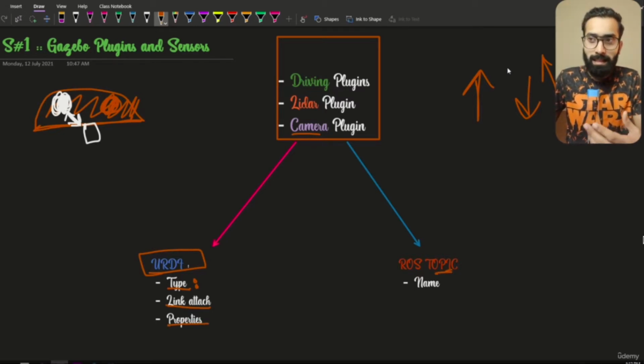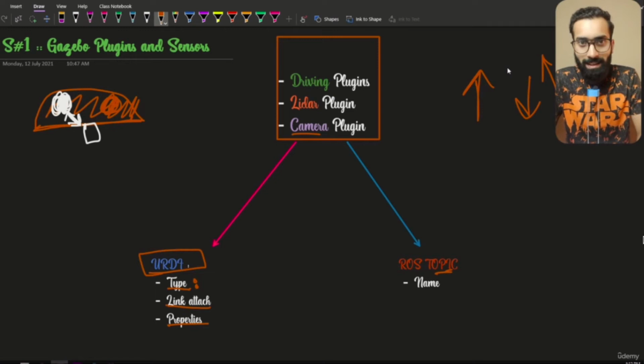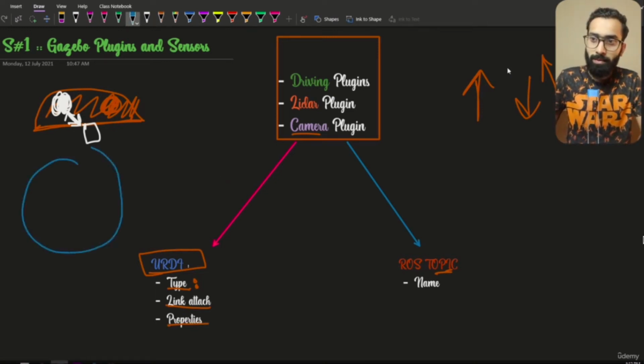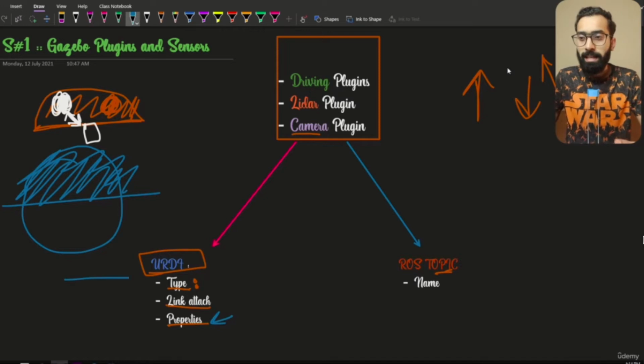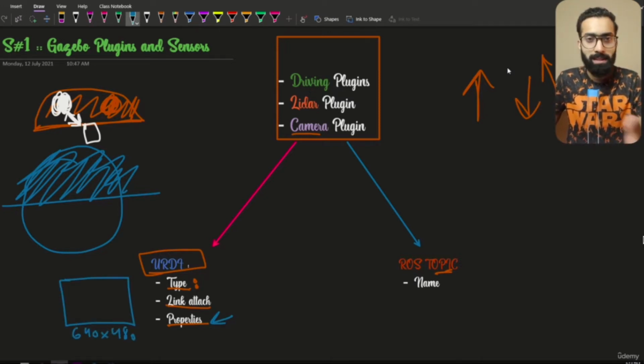Properties. Properties are basically the properties of this plugin. In our case, specifically in regards to LiDAR, we can have a full span of lasers throwing out of a robot in a circular pattern, but we are going to just halve it and utilize only a 180-degree span of these lasers because it's my choice. You can make it 360, increase the number of LiDAR rays, and a lot of stuff in these properties. And with respect to camera, you can set the properties of image width and image height, its pixels, and in my case, I think I have set 640 by 480 for the image size I want from the environment. You can increase the field of view, and a lot of stuff with the help of properties you can change,